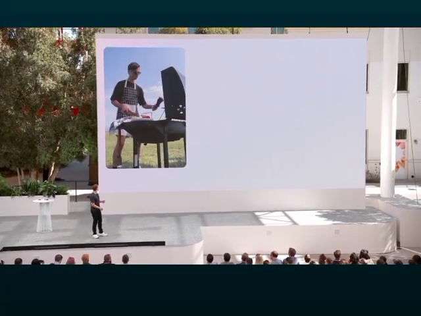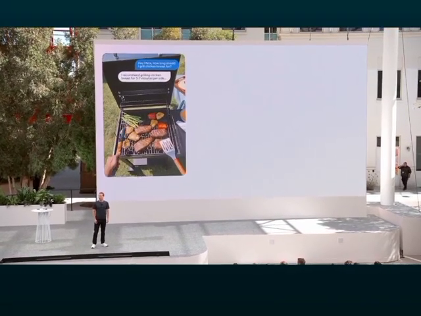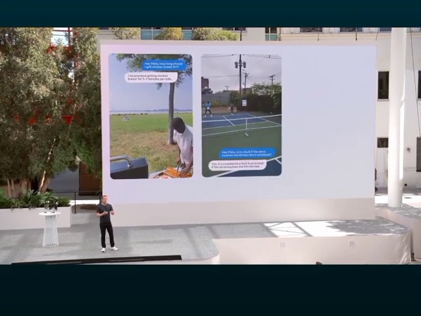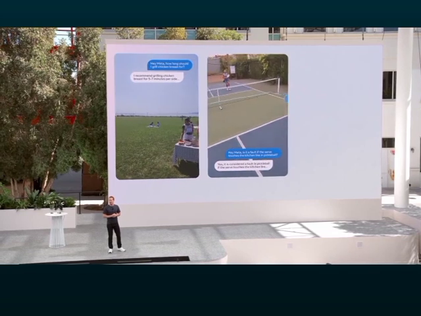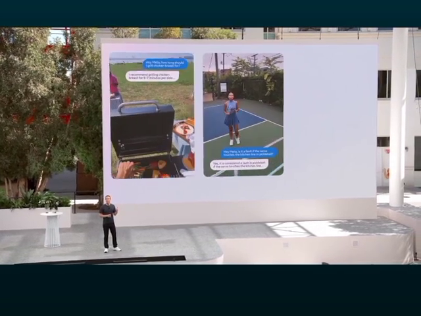So, let's say you're grilling with your family and you want to know how long you need to be cooking that chicken for. Or you're playing pickleball and it hits the line and you want to know if that's a fault. She disagrees, but you know the truth. Or let's say